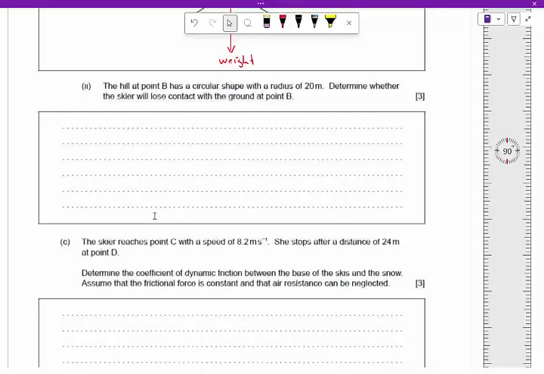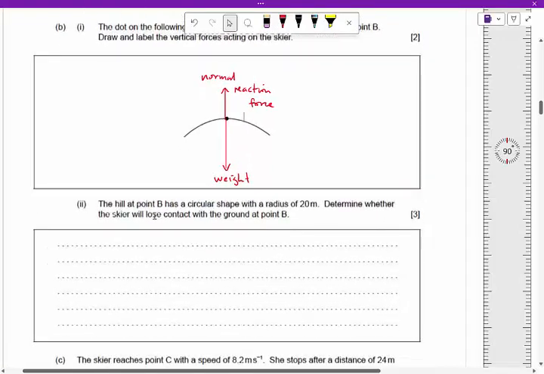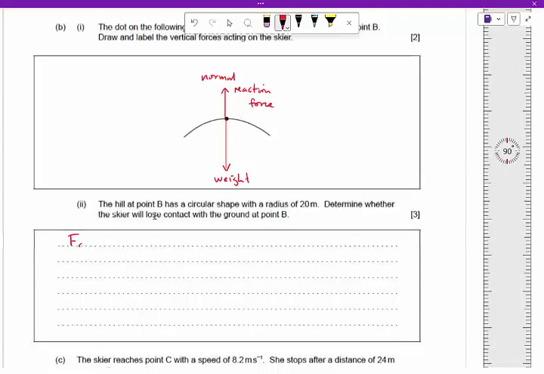Determine whether the skier will lose contact with the ground at point B. What this is asking is, in order for the skier to lose contact, the normal reaction force required would need to be less than 0. In other words, the centripetal force needed needs to be bigger than the weight force. So let's work out what the centripetal force is. Fc is equal to mv squared over r,